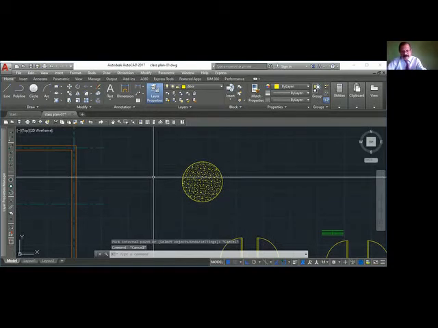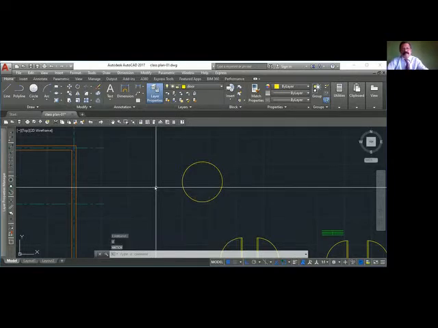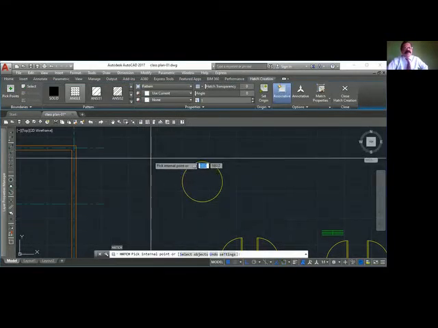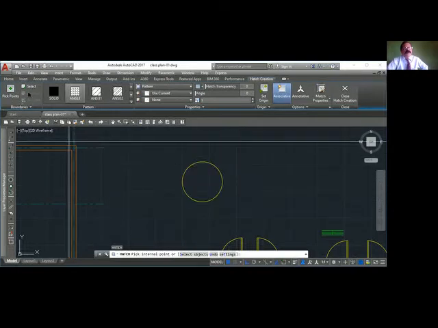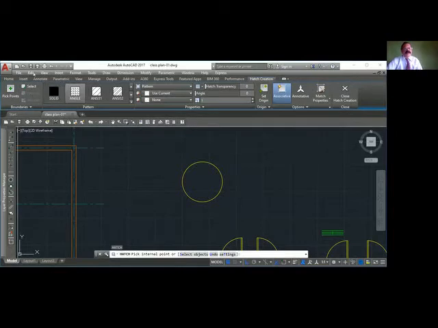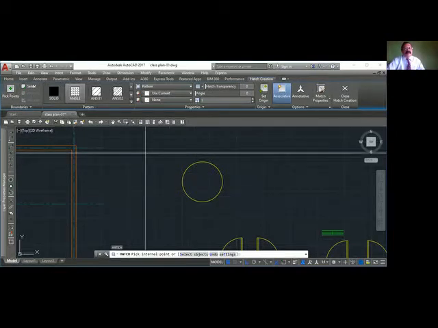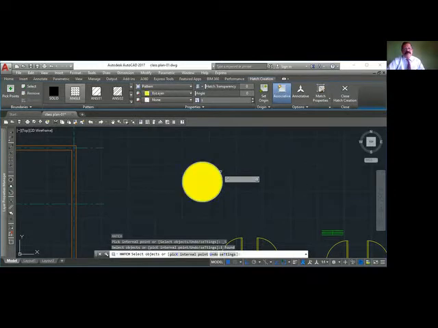We'll repeat that again. Hatch. First, I have to show a point or select, whichever I can do. There are some areas where you can't use select object. In that case, you have to use pick point. Here I can easily use select object. Select. So he put this one. You can see the selection here.